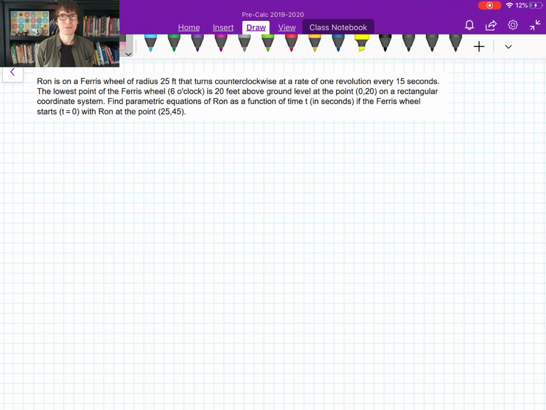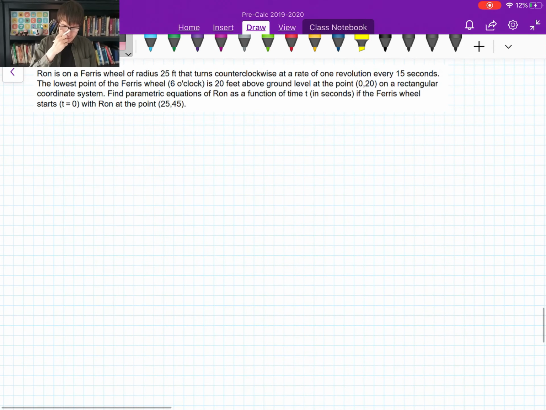All right, let's look at this word problem. Ron is on a Ferris wheel of radius 25 feet that turns counterclockwise at a rate of 1 revolution every 15 seconds. The lowest point on the Ferris wheel, at 6 o'clock, is 20 feet above ground level at the point (0, 20) on a rectangular coordinate system. Find parametric equations of Ron as a function of time t in seconds if the Ferris wheel starts at t equals 0 with Ron at the point